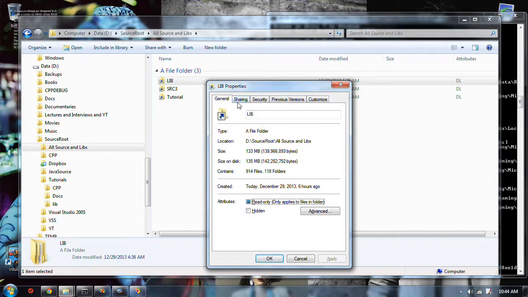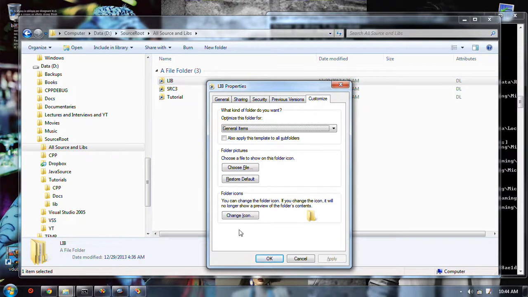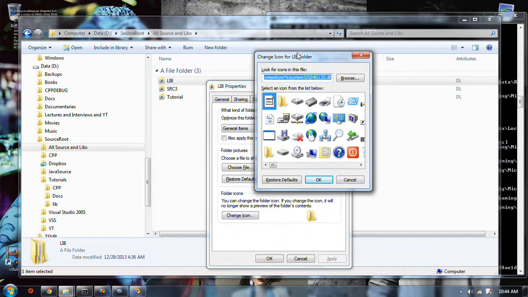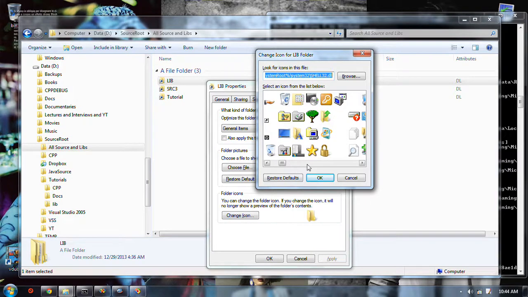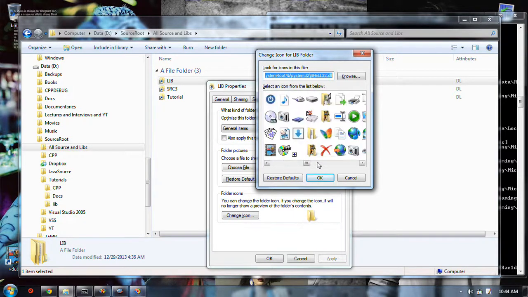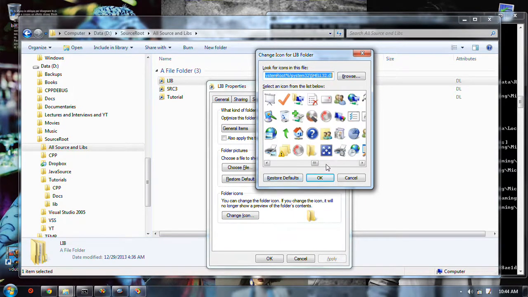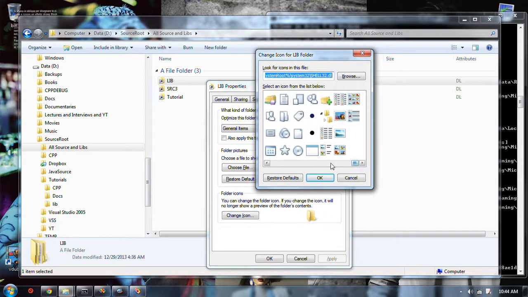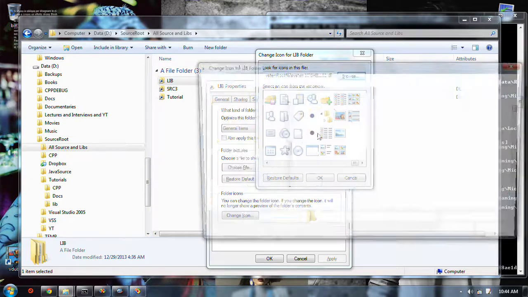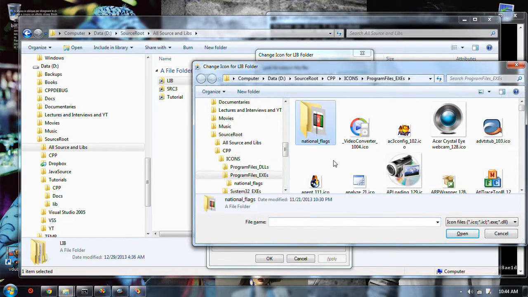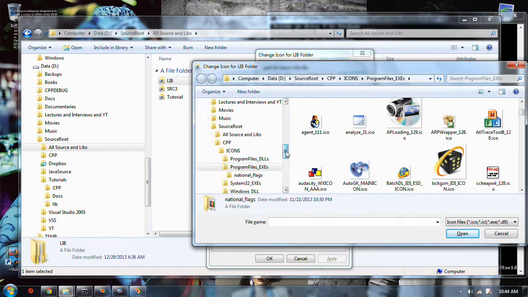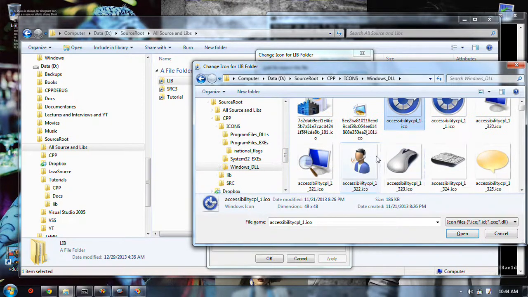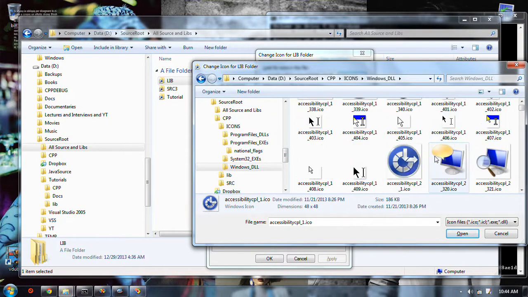Properties, then Customize, and then it says change icon. Now I need something that looks like a library. Better to browse through my special directory here. Let's see, middle library.